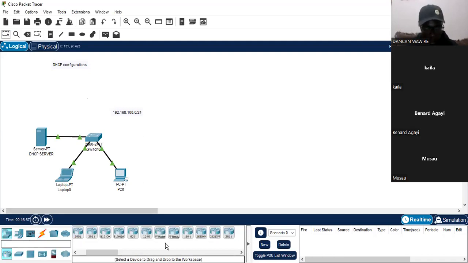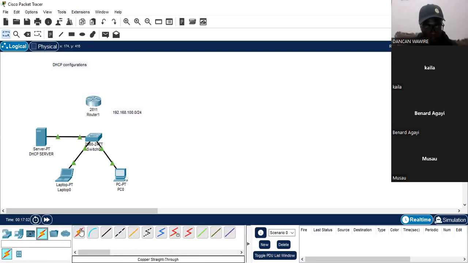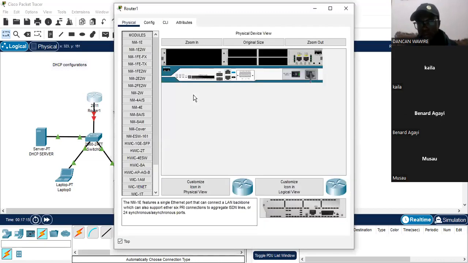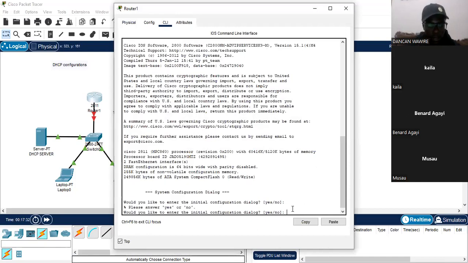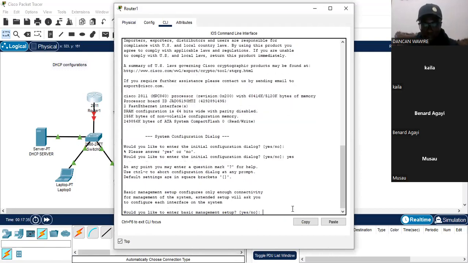So allow me to pick, I had picked a 2811 Cisco router. Connection, let me put that back. Okay. If I click this router, are you able to see it? Yeah, I'm seeing it. Okay. So if you're seeing it, I was saying, you simply go to CLI, that is command line interface. Would you like to enter configuration? Of course, yes. So anytime you boot a Cisco,